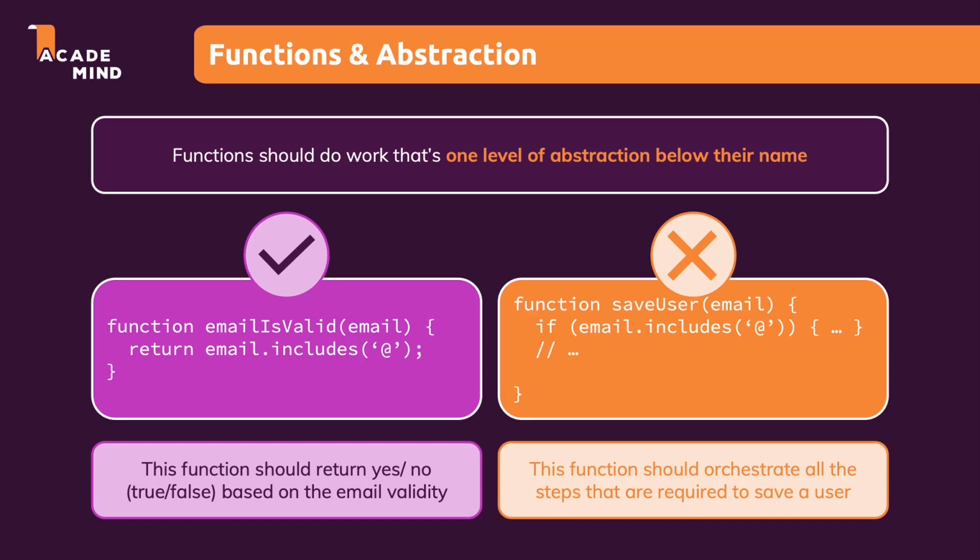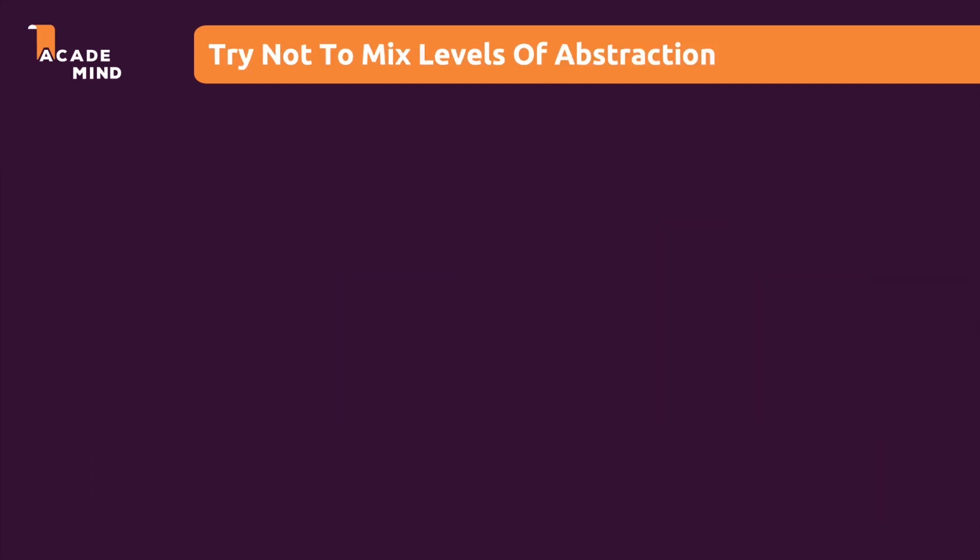Now, levels of abstraction also matter because of one other concept. And I will also come back to that example I showed you in the last lecture again, no worries. But here's that other concept where levels of abstraction also matter. You should try not to mix multiple levels of abstraction in one and the same function. Here's an